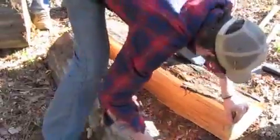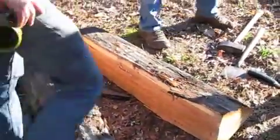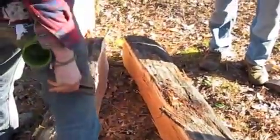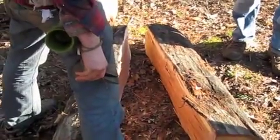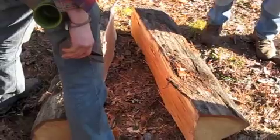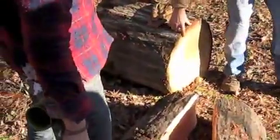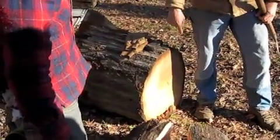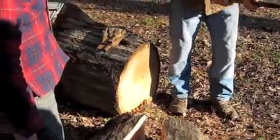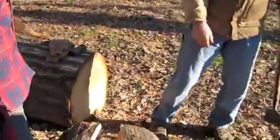What's that tool called? It's called a string chopper. I don't know, it doesn't have a name. We just came up with that. It's a scraper. You can buy a tool just like this with a long handle. It's for scraping ice off a sidewalk or scraping a chicken floor or something. But we just put a short handle on it. Sometimes when you got a big old log like this, you get it split open about that far, and there's a bunch of those strings way down inside there. You can put this down in there, put it right on the string and chop the string. Rather than trying to go down in that crevice with an axe or something, this works way better. I've been there. Yeah, and that works